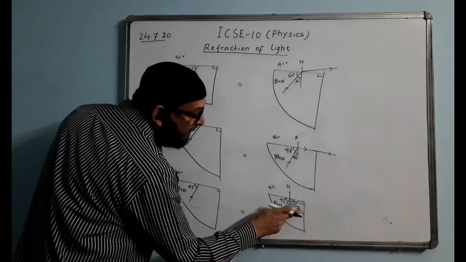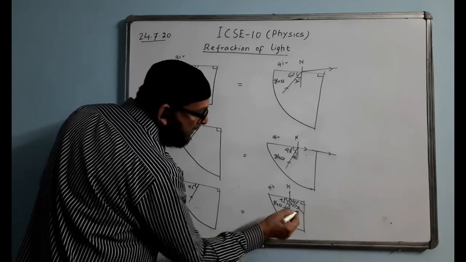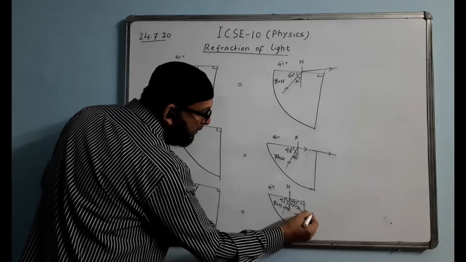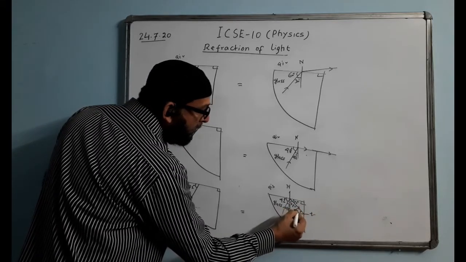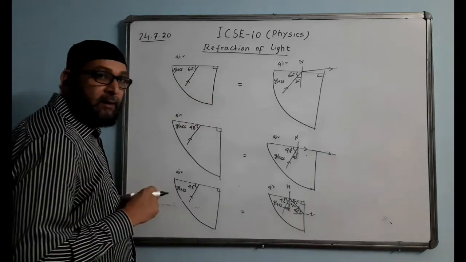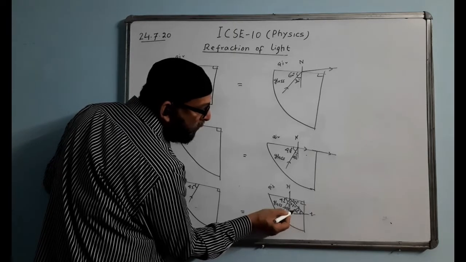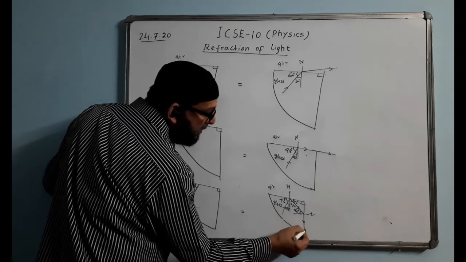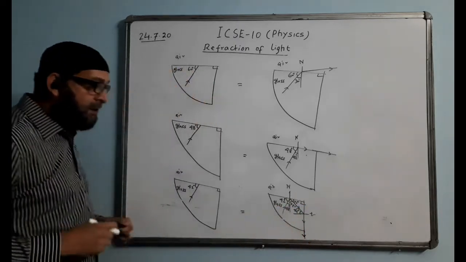Now here, what happens there, that also we have to see. This is again glass, this side is air. We draw another normal here. We'll check what is the value of this angle. This is 42, so this will also come 42. This angle also will be the same, alternate angle, interior alternate angle. Now we see this angle is 42 degree, which is equal to the critical angle. That means the ray will just touch and go here like this, touch and go. The diagram will be completed like this.